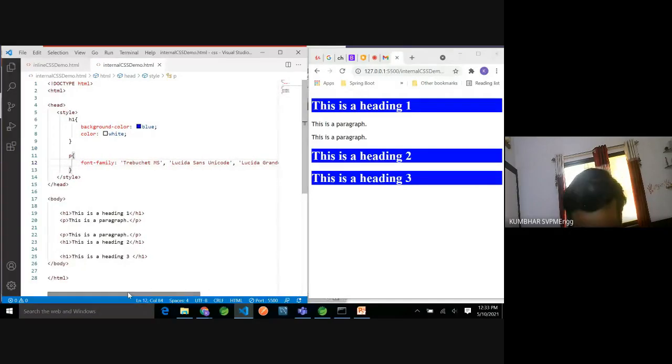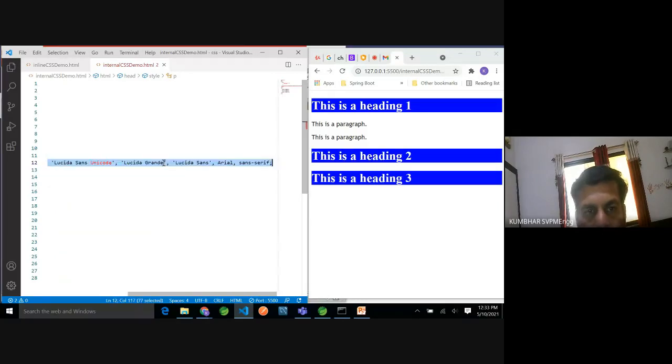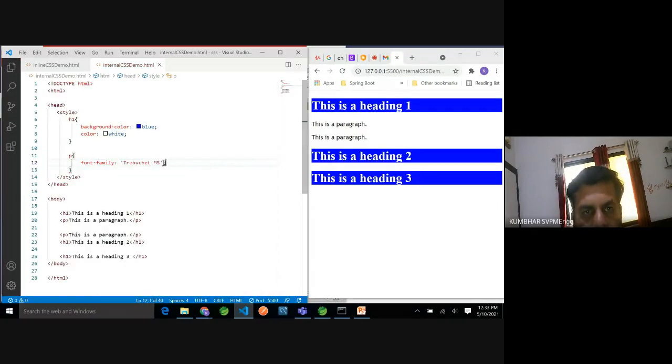See, the contents will be displayed on the user's browser machine. So which font is installed? If you have mentioned only one font, and if that font is not available at the client end on that machine, then it will not apply that font.